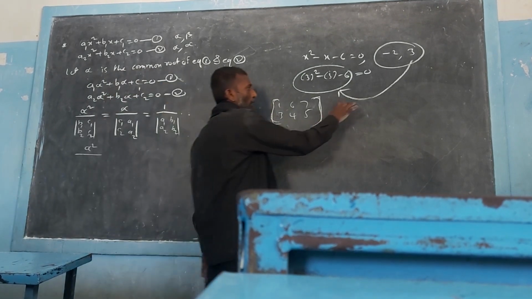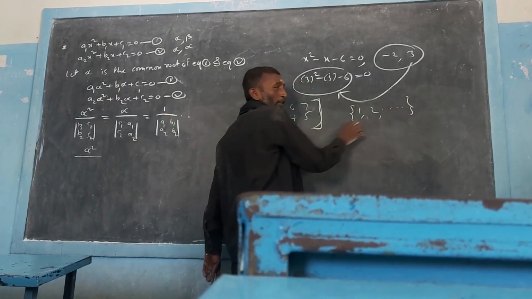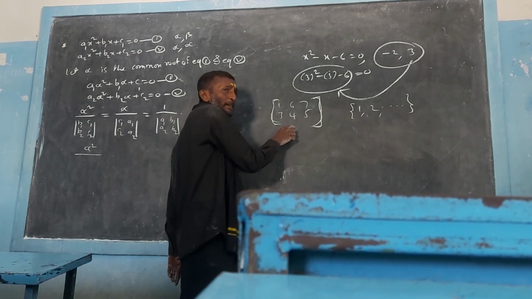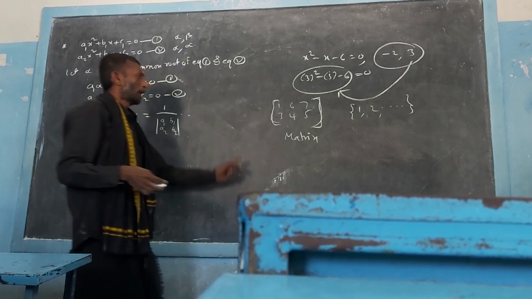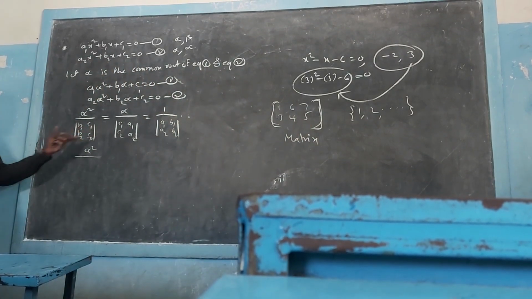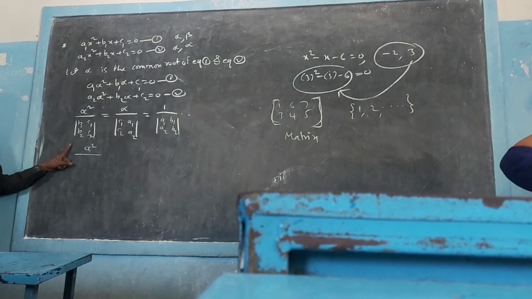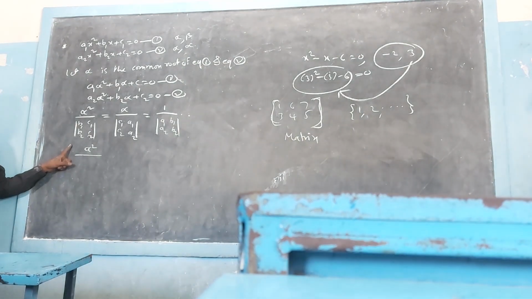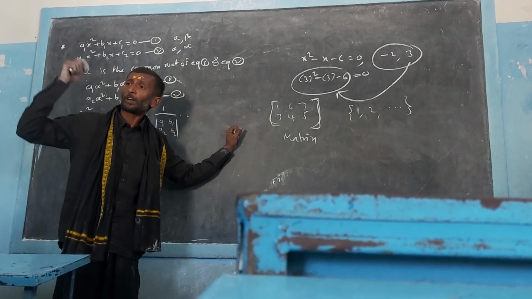Like in the sense, if you write any numbers within the curly brackets, flower brackets, we call them a set. This is a set. Here, this is a matrix. So in the case of matrix, we have the determinant concept. Determinant is nothing but only a number. It is different for the different matrices. A matrix will have only a single determinant for it, if it is a square matrix.